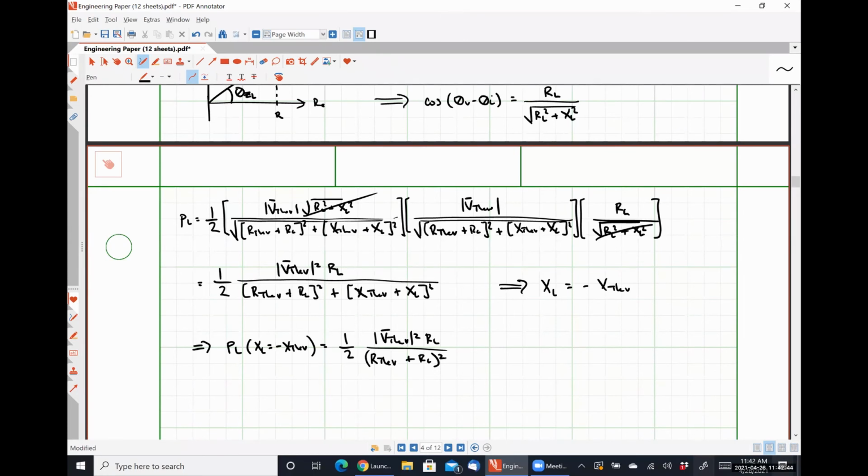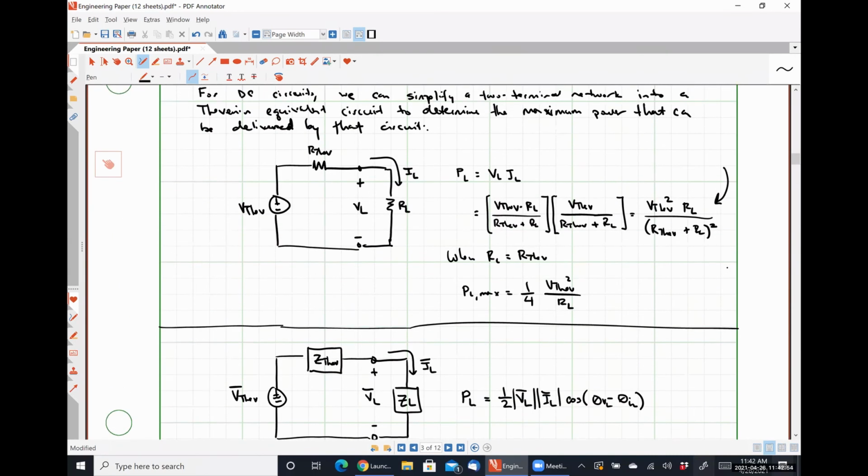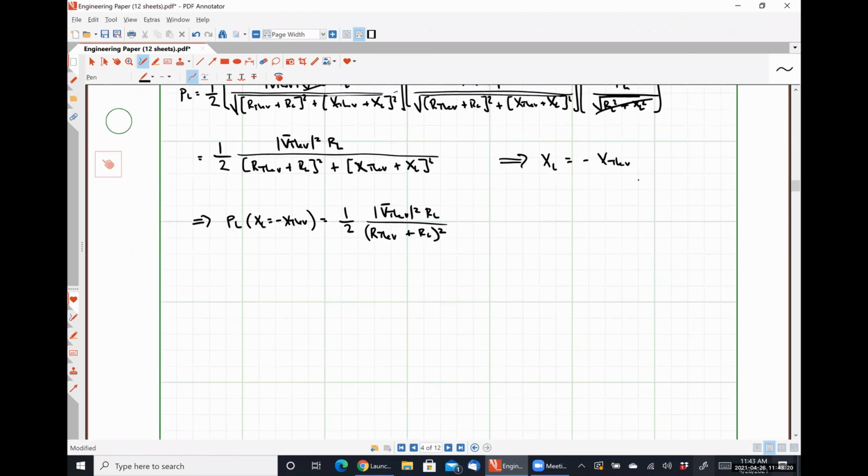Other than the factor of 1/2, this should look reasonably familiar. Let me scroll up and prove it to you. It is the exact same expression that we maximized in Circuits 1. So we know what value of RL makes maximum power transfer occur when XL is equal to negative X Thev. We know that RL has to be equal to R Thev as well. So from this,